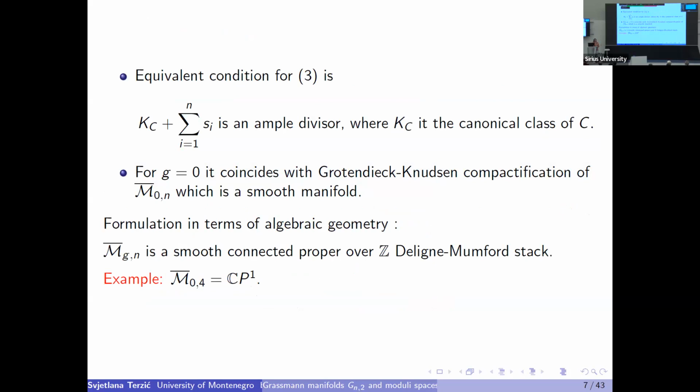And for g equal to 0, the Deligne-Mumford compactification coincides with the Grothendieck-Knudsen compactification from different approaches, and it is known to be a smooth manifold. And in terms of algebraic geometry, in terms of stacks, one can find in the literature the formulation that M̄_{g,n} is a smooth connected proper stack over Z, the Deligne-Mumford stack. And say, for example,